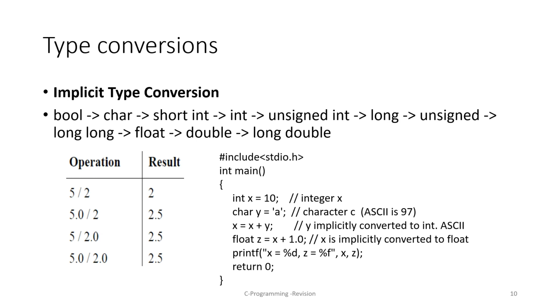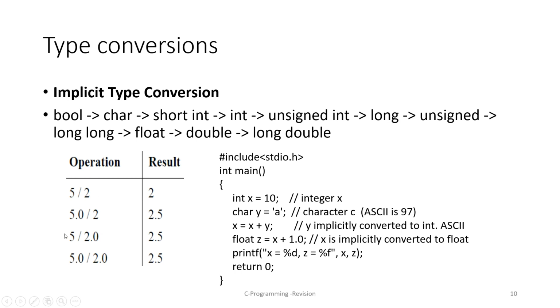In case of implicit, it checks the expression. In the expression, it will go for seeing the higher data type. That higher data type is the data type of the result. In this case 5 divided by 2. 5 is integer, 2 is integer. There is no confusion, both are integer. The result will be in the integer form. 5 by 2 is not 2.5, it is 2. The real part, that fractional part, is omitted.